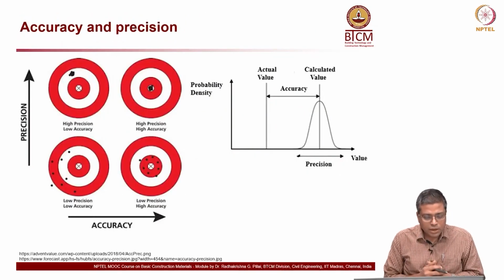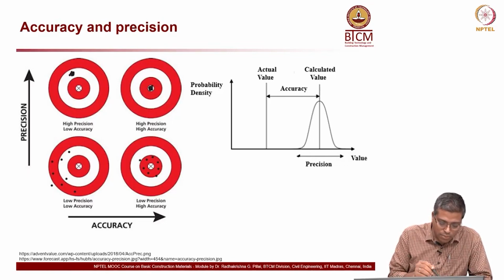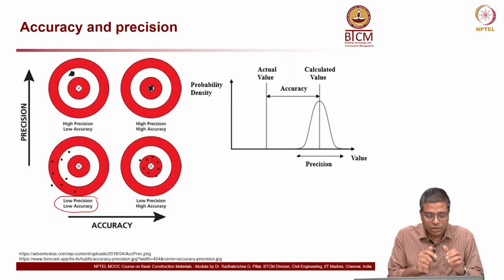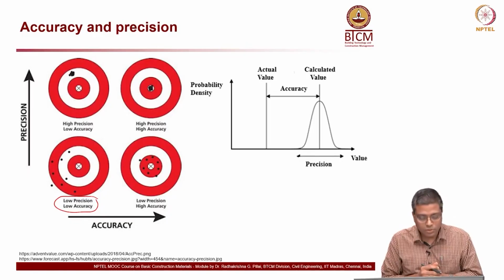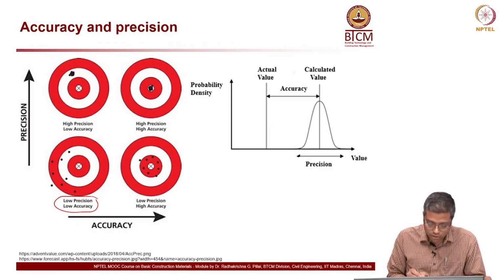Okay. Another concept which is very important is the difference between accuracy and precision. We sometimes get confused with this. So, look at these 4 dartboards. You can see on the bottom left, low precision, low accuracy, because all these black dots are all over the place. They are widely separated, nothing is close to the center point. So, that is a case of low precision and low accuracy.